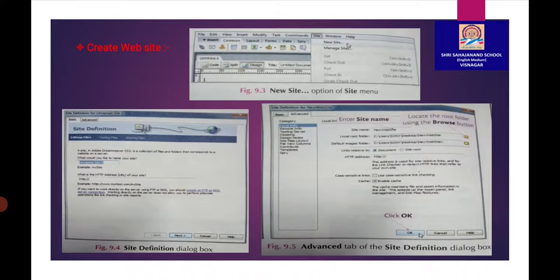In this, you enter all the information in just one screen, figure number 9.5. Enter the site name, and here it has been entered as new website. Enter the local root folder or locate it using the browse button, finally click OK. Now you will see the new website folder in the Files panel on the right.